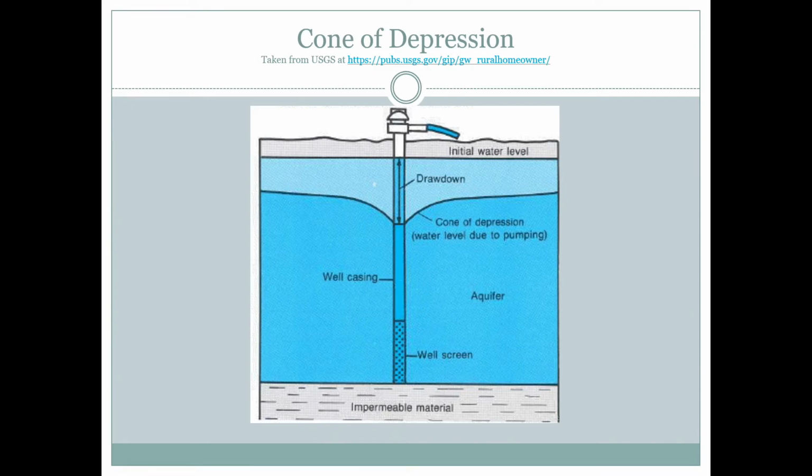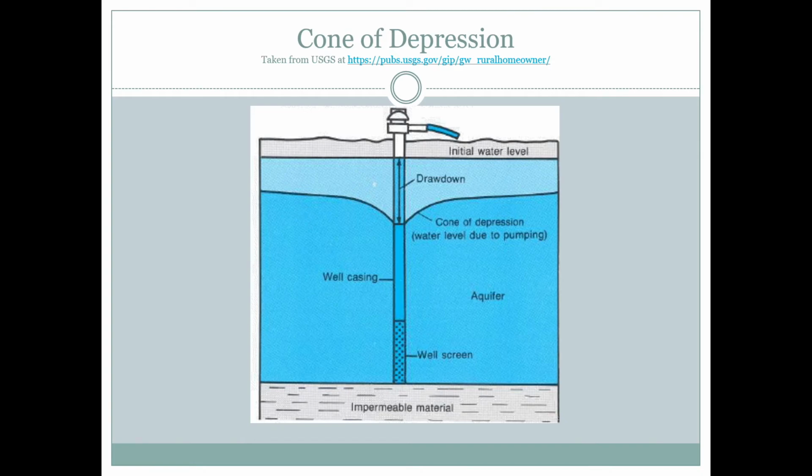This is a well. And notice how the well is sucking water out from the water table, right? Notice the little cone, the depression that's right around the well. That drawdown is because the water, right? You're pulling water out faster than it can fill back in, because water moves underground very, very slowly, okay?